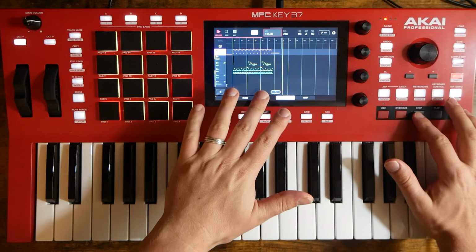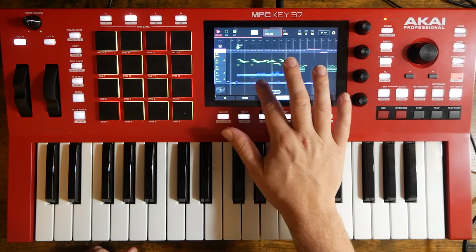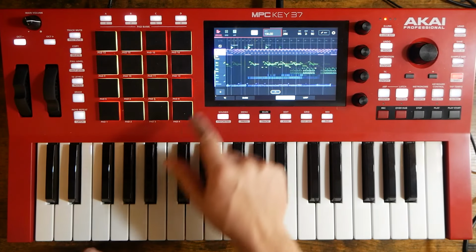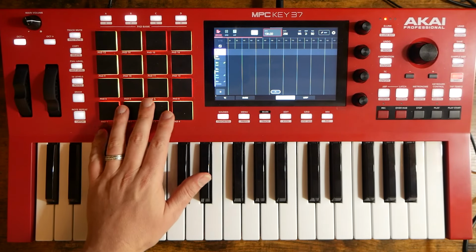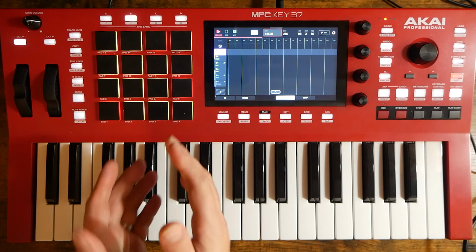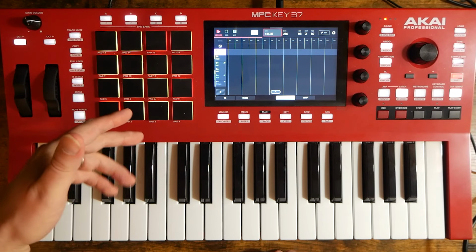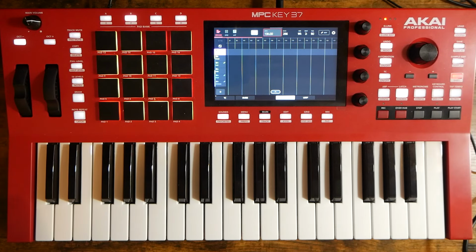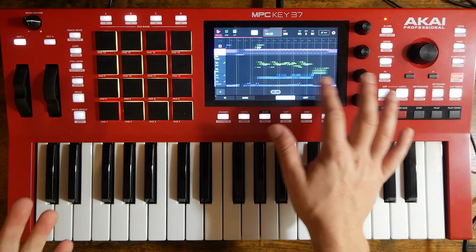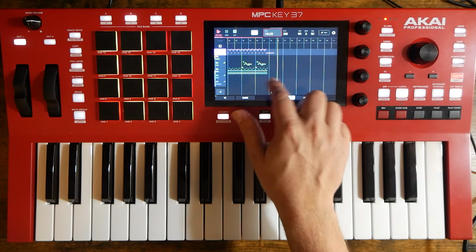So again, the idea here was just to get the framework of the song, because now we have all our locators, we have the sections of the song. We've got everything mapped out. So now we could go in and dial in individual sounds and fix the drum part and punch in unique drum parts. So we could have different fills in every part. We can have different little tweaks in the bass line. We can go play with the automation. There needs to be a low pass filter on the bass in the bell sections. But the idea here is that in less than an hour, we now have the full